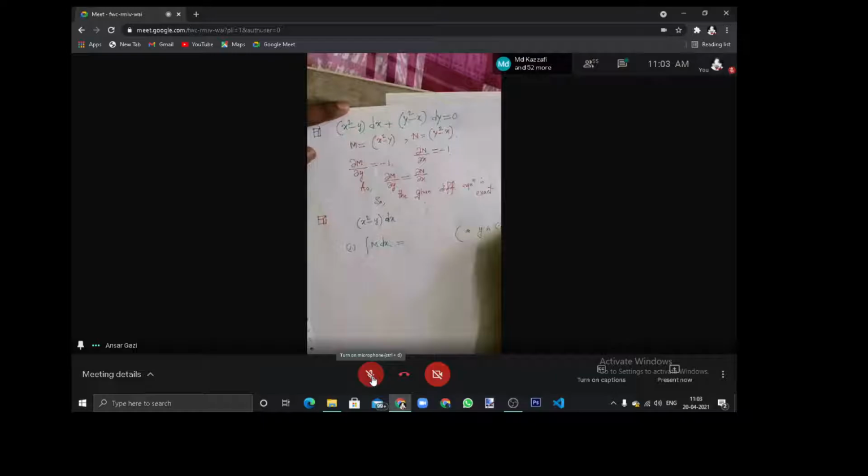But when we write the third step, if any repeating terms are present, suppose here xy, and here xy plus something, suppose x square, here suppose y square, okay? So what will be the solution? The solution will be, write the repeating term only once: xy plus x square plus y square equal to c. If any term repeats, suppose xy repeats, then the solution is xy plus x square plus y square equal to c. This will be the solution.